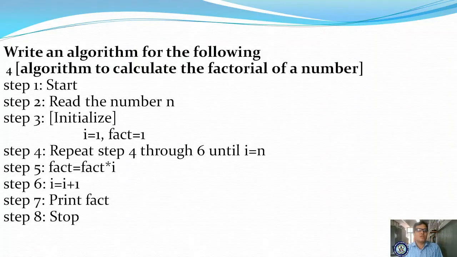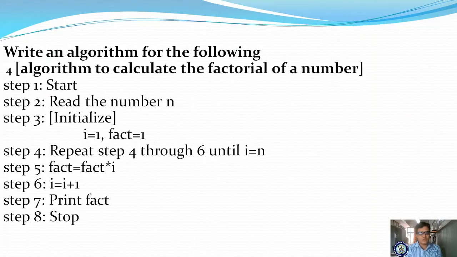Yes, so now we are seeing the factorial of a number. We have already learned this in your last class. As we know, suppose I enter the number 5, what is 5 factorial? 5 into 4 into 3 into 2 into 1, that is 120. Got it? So this is our problem.